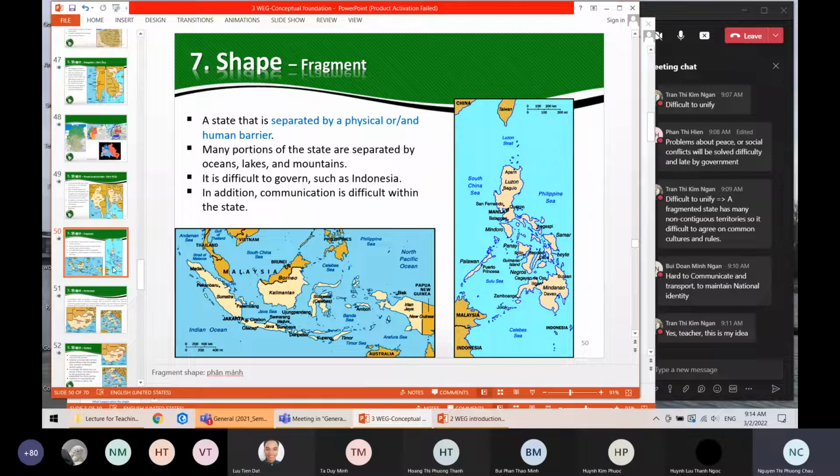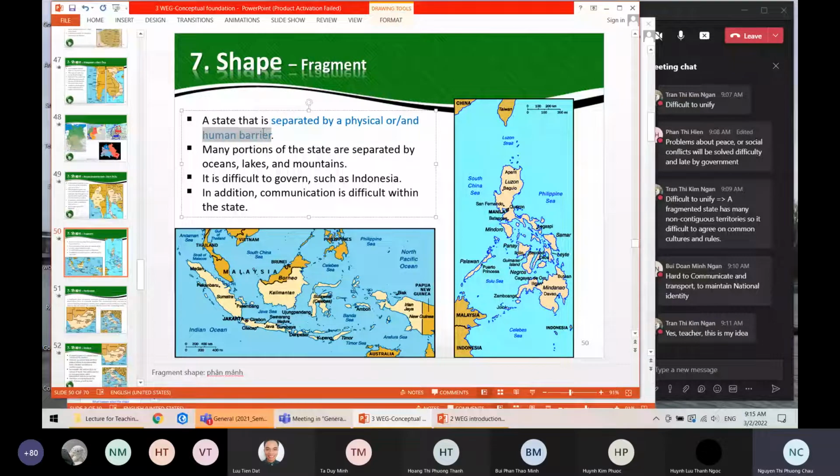How does the government build the infrastructure for connection as well? Like some of you mentioned, how does the government solve the disaster problem every year? That's why they are poor. Yeah, they spend a lot of investment on this problem. That you see many disadvantages with physical barrier. Okay, so now we discuss human barrier.